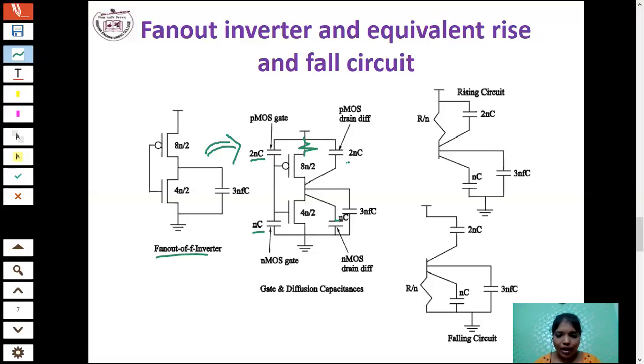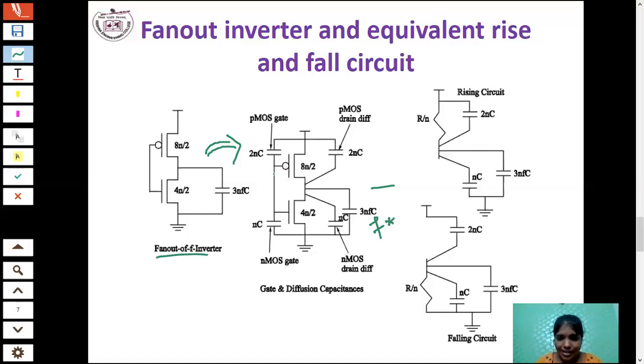Okay, so now what are we going to do? We are going to calculate the corresponding fan out value. This is the load capacitance. Here I am going to take the output. In the output I am going to draw one capacitance, that is the load capacitance value you have to find. Already I told you how we find the load capacitance value. The load capacitance is nothing but we multiply F. F is nothing but the fan out. That is F times the input capacitance.